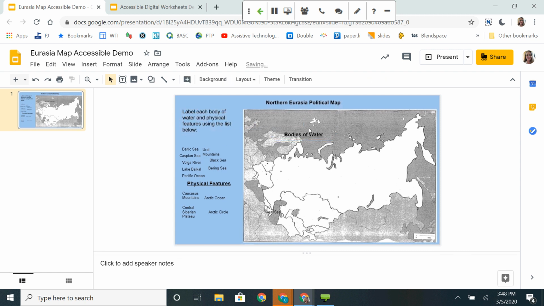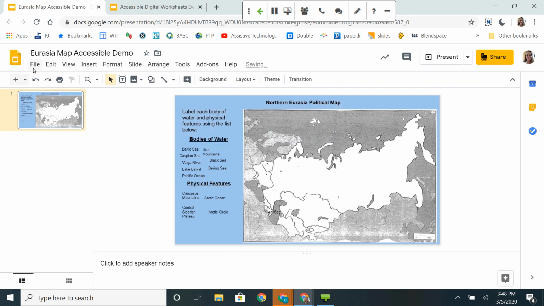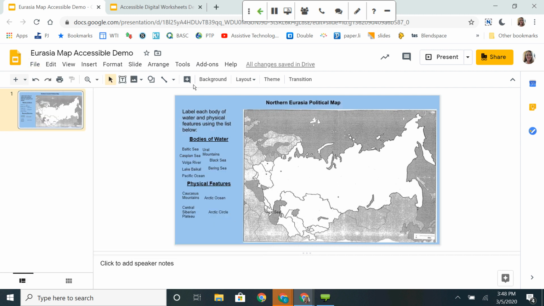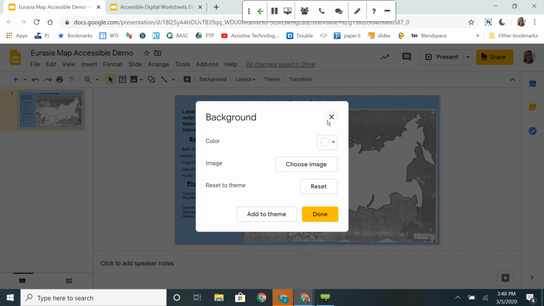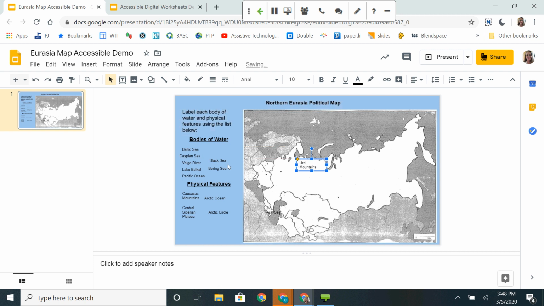So again, once I had it the way I wanted it, there, I moved that one. After I said the others can't be moved, I hit the wrong one. I filed, downloaded as a JPEG, and I went up to background, and I added that file as a background. Then I came in and typed each one of these little words, and now they can go ahead and drag